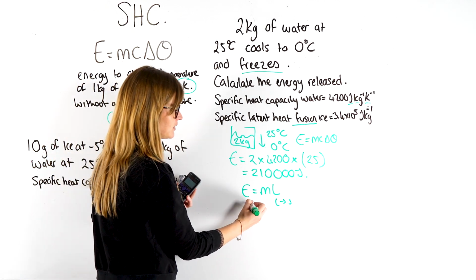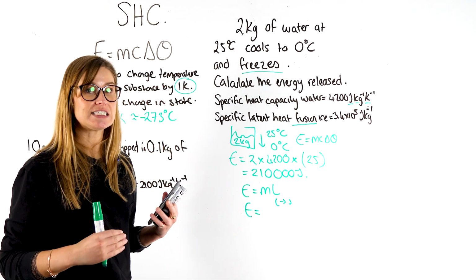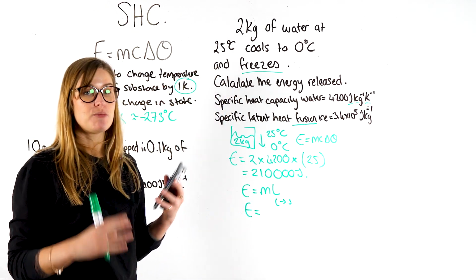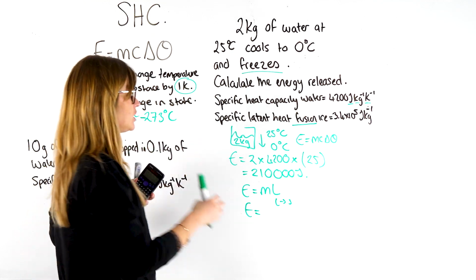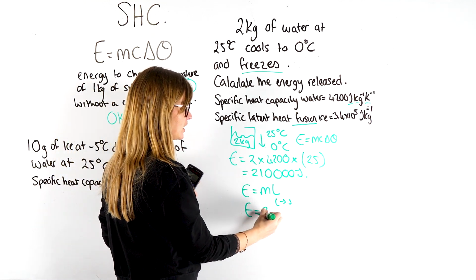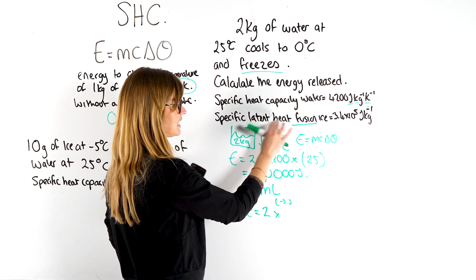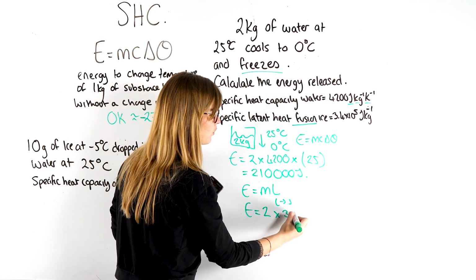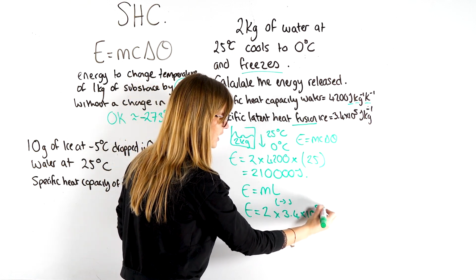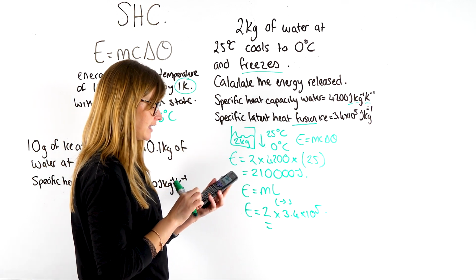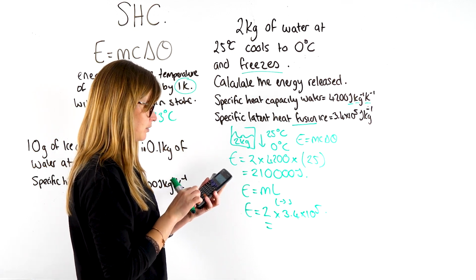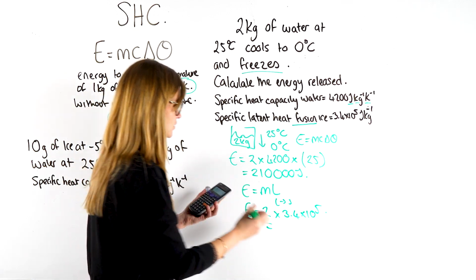So to calculate that energy released then, and we know there is going to be energy released because we're dropping the potential energy because we're making the particles get closer together. So that energy is the mass, again, 2 kilograms, and the specific latent heat of fusion we're using is 3.4 times 10 to the power of 5. So when you multiply those numbers together, 3.4 times 10 to the power of 5 multiplied by 2 is going to give us